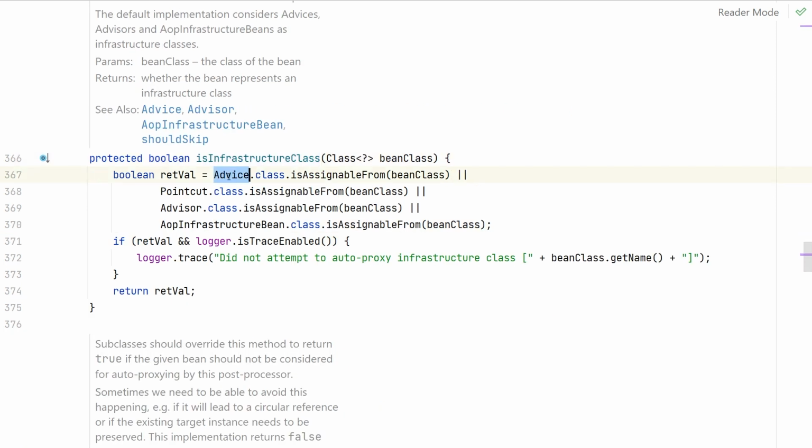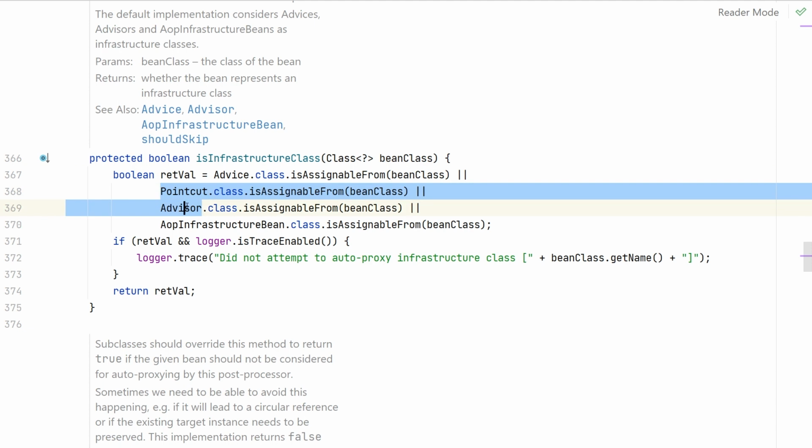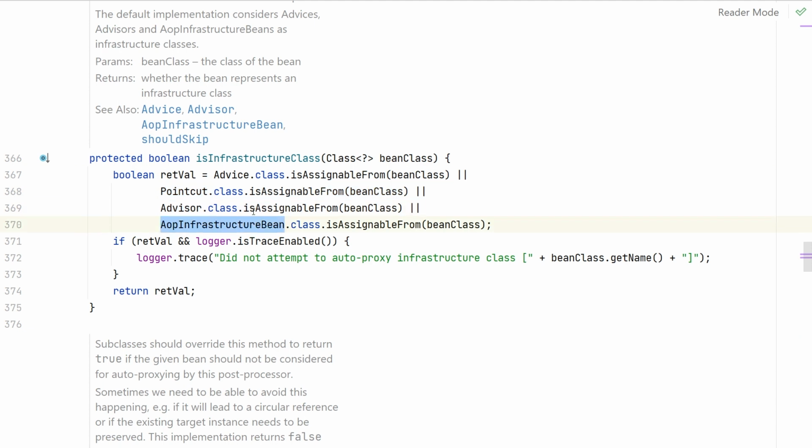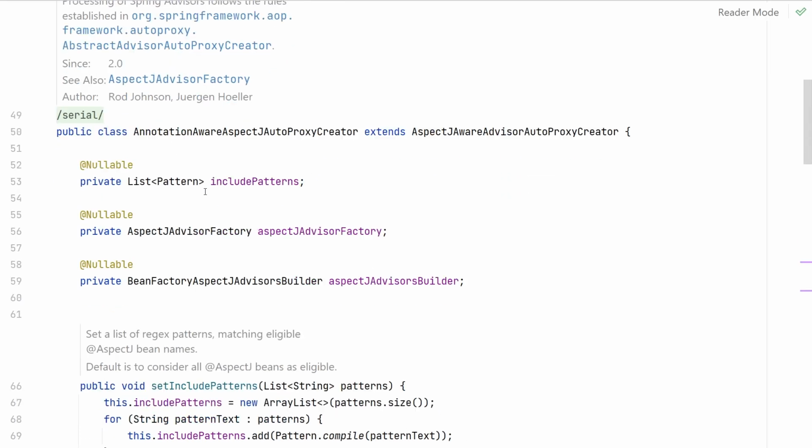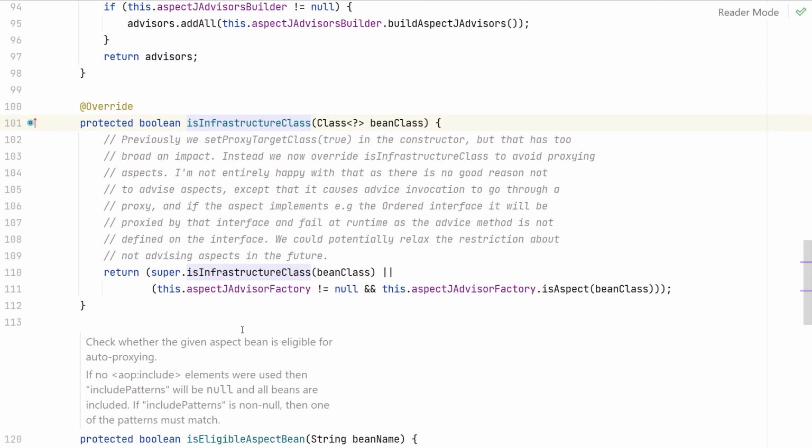We check if this is an advice, a pointcut advisor or an infrastructure bean. All those beans should not be eligible for proxy creation, so in our case we definitely skip this. And this method also has an override in our